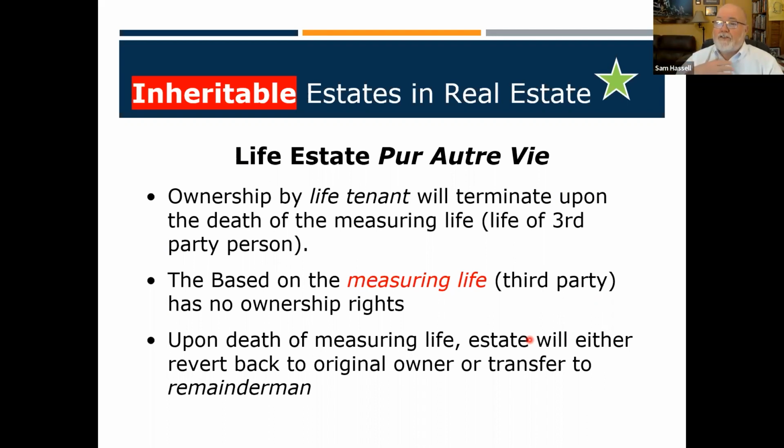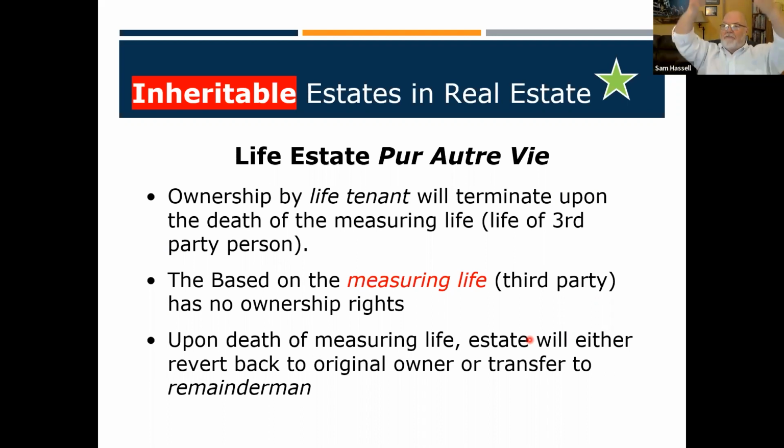Now, if it reverts to me, I am the reversioner. But let's say mom's the measuring life, she's still alive, and grandma passes away. Mom says, well, I'd like to live there. I said, I'll tell you what, instead of it coming back to me as the reversioner, grandma passes, you can take it over. You're what's called the remainder man, remainder person. So now mom moves in and becomes the life tenant. Okay, now I can assign somebody else if I want to be the reversioner if I want it. Otherwise, it would revert back to me, right? It would revert back to me. I could let somebody else be the remainder man. Sorry, I said reversioner. Okay, so that's how that works.